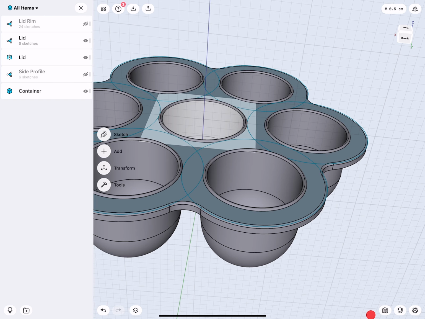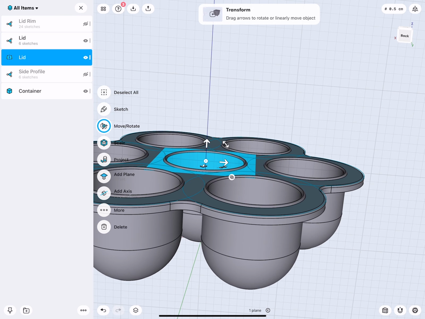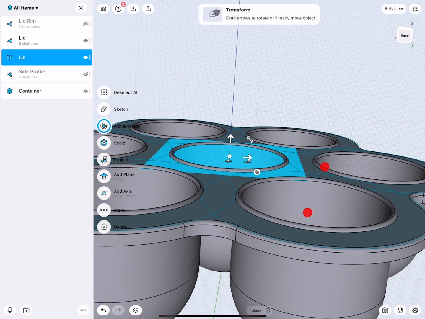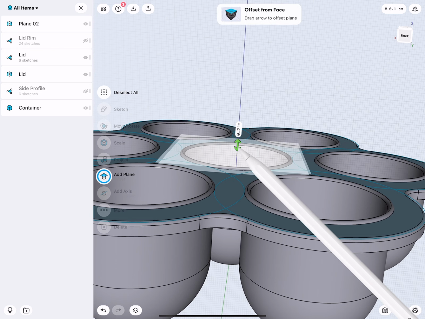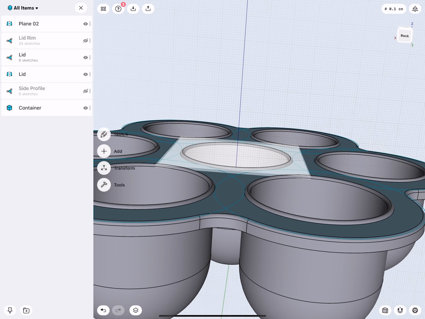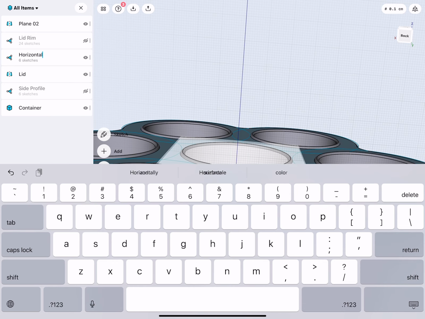No? So I know this lid should have a 2 millimeter material thickness. Which means I can offset a plane from here. So from this construction plane, add plane 2 millimeters up. Very good. And now I will call, actually this was incorrect. I realize we call this maybe horizontal surface.